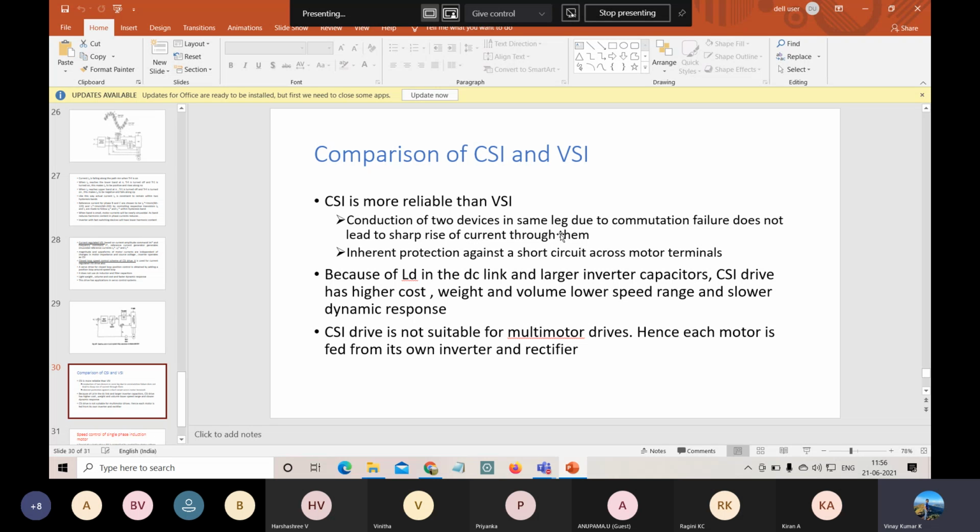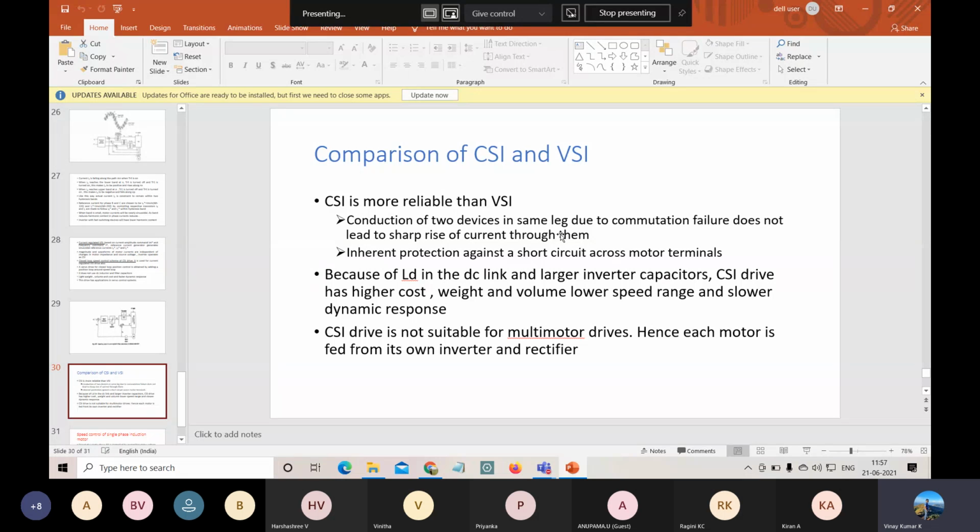The leakage inductance provides switching operations in VSI. Because of the switching operation, regenerative braking is easily applicable in VSI. That's the advantage of VSI.